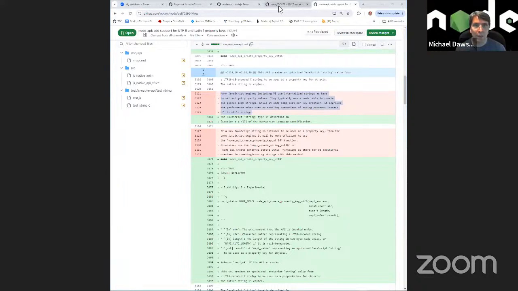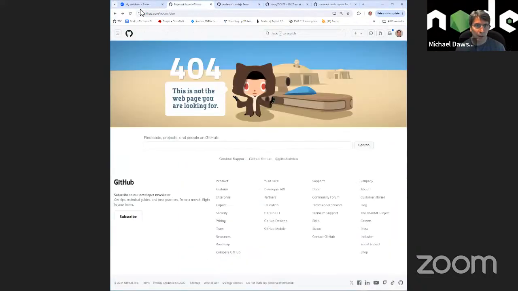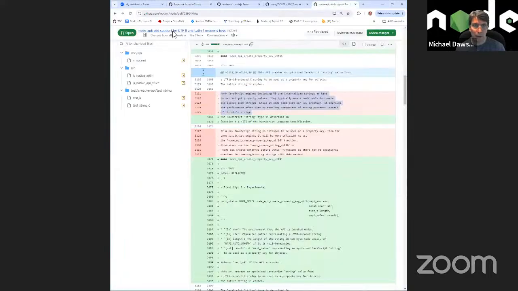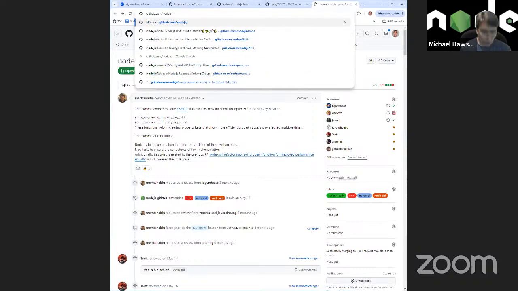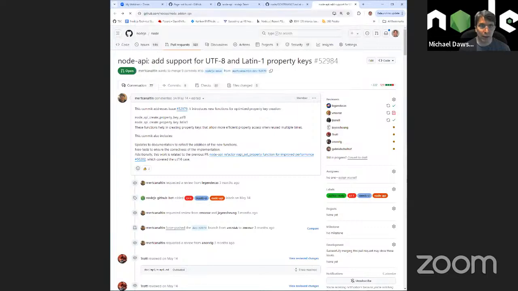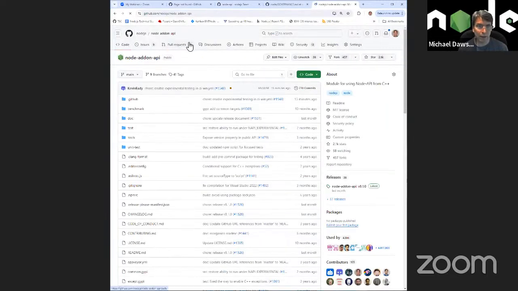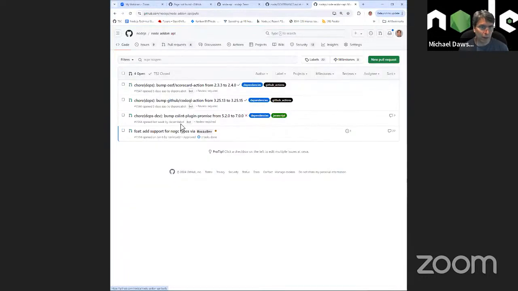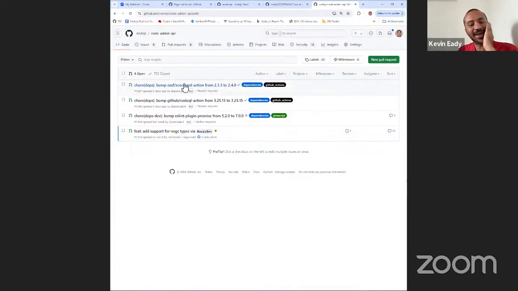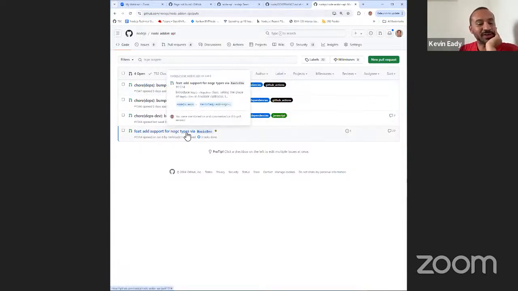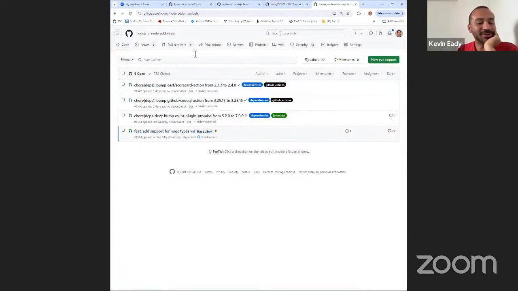Okay, where were we? We were going to go ahead and go to node add-on API. Look at the pull request. This one, I guess, you've mentioned already? You're just going to rebase now that the testing's landed. Yeah, I just did that. I rebased and pushed, so the CI is currently running. But yeah, it still should be good to go.